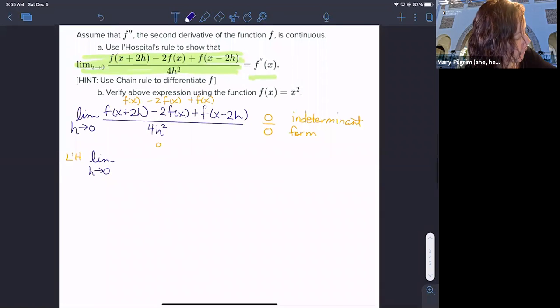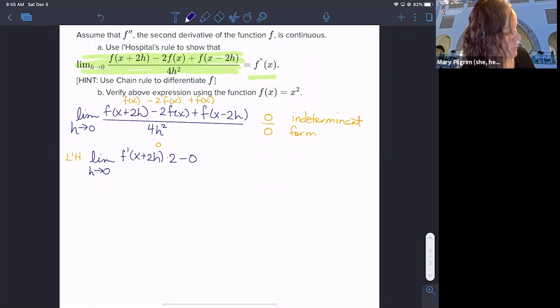And so when we do L'Hopital's rule and take the derivative of the top, we're going to have f prime of x plus 2h. Chain rule, derivative of the inside, derivative of 2h is 2, minus the derivative of 2f of x is going to be 0. There's no h there. Plus f prime of x minus 2h, chain rule there, derivative of the inside with respect to h is minus 2, all over